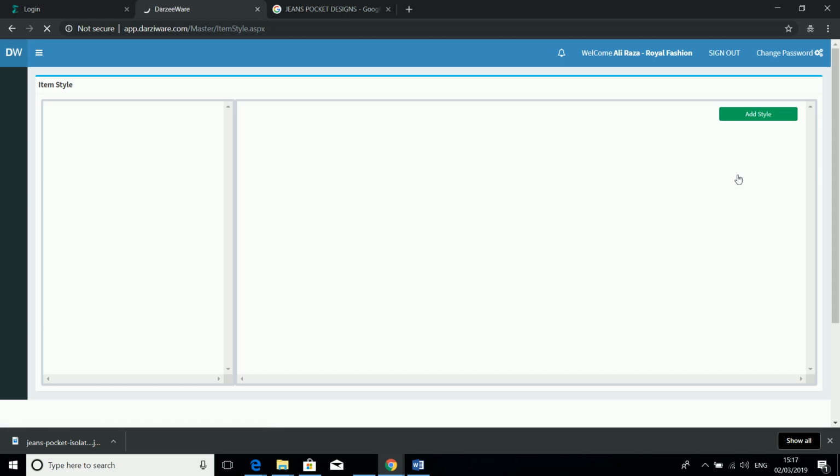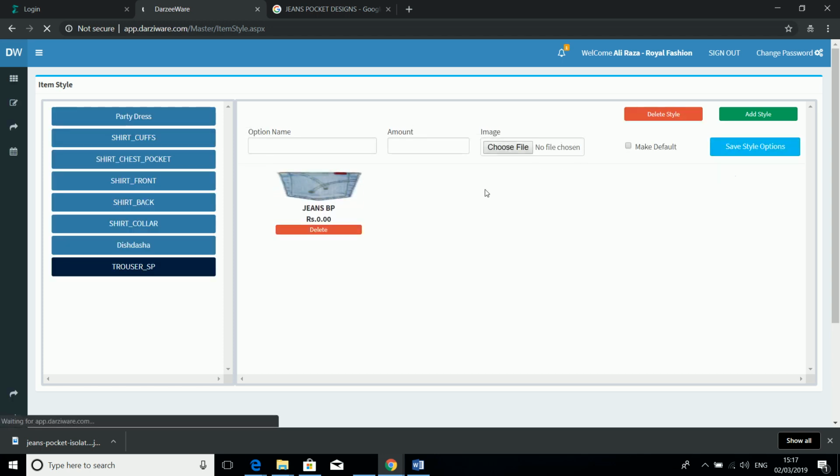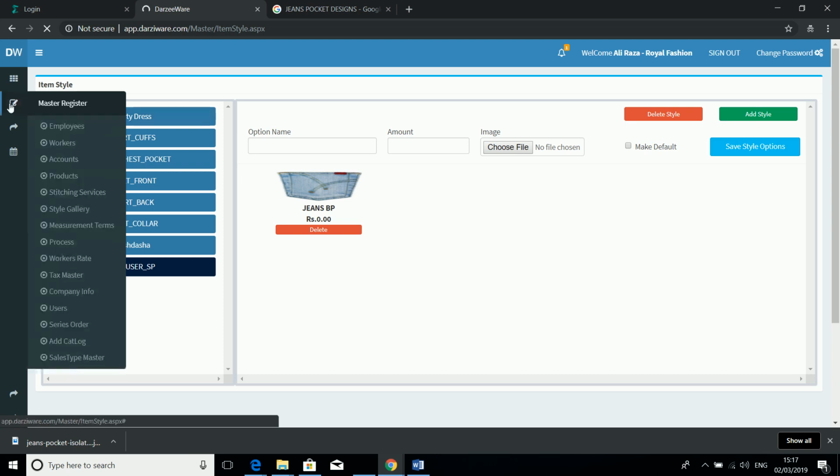Once the style is created, you can add a number of styles to this item. So this is how you can create the styling section. Now we'll go to the stitching services area, wherein you have to create the stitching services. Okay, this is jeans back pocket. What you have created will look like this, and you can map this item